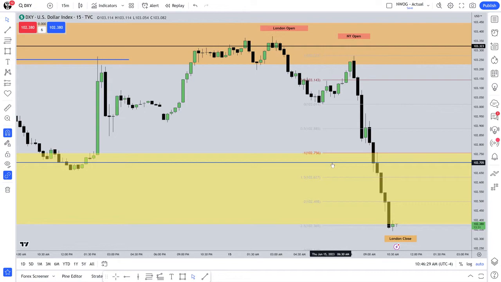Meaning that if you thought this was going to happen, as I was co-signing on the 13th of June, I said I think it was going to go down here. If it would have failed to go below there, and I was talking to you today, I would be saying, well, if it would have gone below this low or that low here, you would have taken partials, and it wouldn't have mattered if it went down here. So that's how your analysis needs to make room for you to be wrong, but not unprofitable. You're always looking for a way to take something out, but that has to be predetermined.